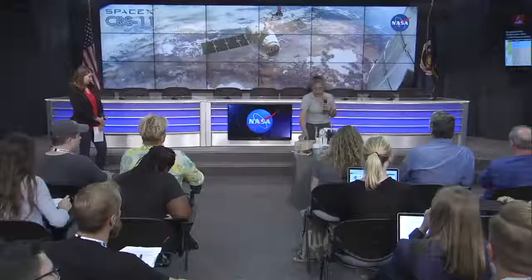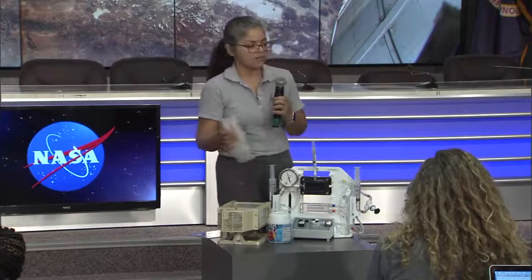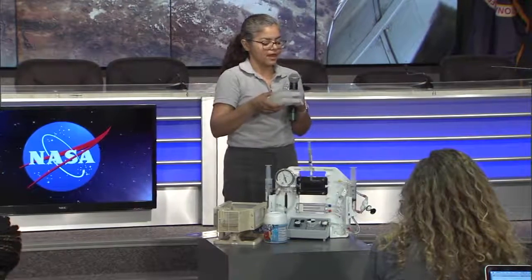When you were showing how small that collapsed, you said something about throwing them away. Would these be reusable things, or would you send up multiple filters? That's something we are currently evaluating. We're going to be doing a trade study. The first pass, very simple, is that we would fill it once, let it dry, and then throw